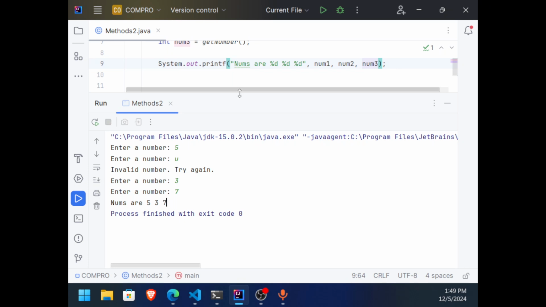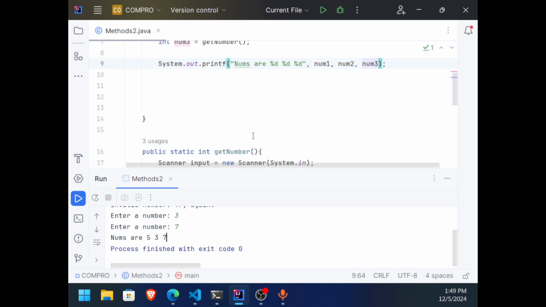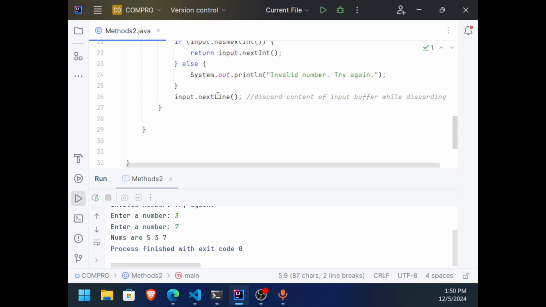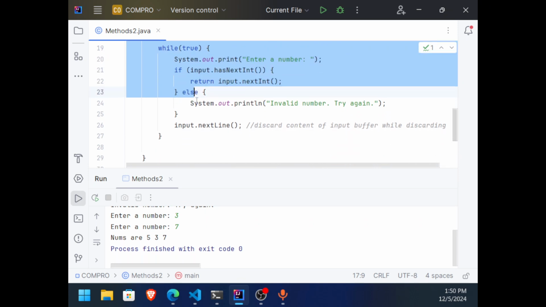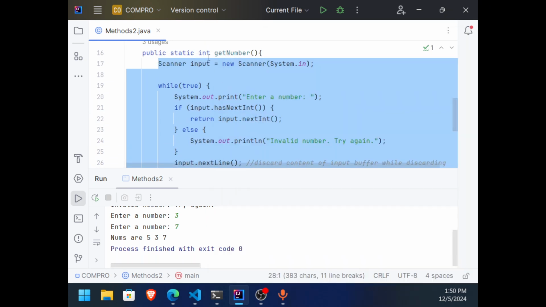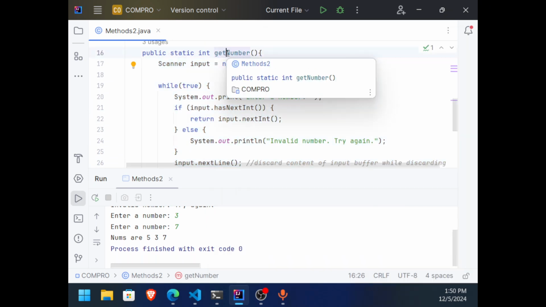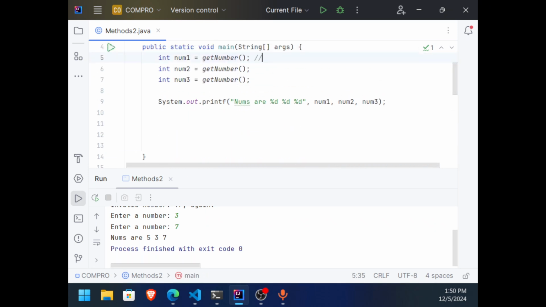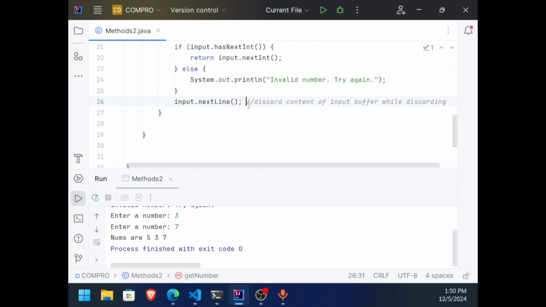As you can see, okay, it made our job simple, right? Did you notice that? Rather than typing those long codes just for getting a valid number, I just place it inside a method and call it. You mean invoke it, okay? Method call or invocation, or we invoke the method. Okay, we simply call them. It's going to perform what is inside it.